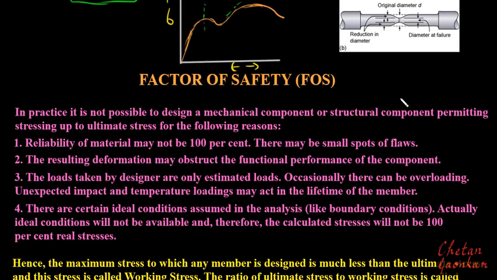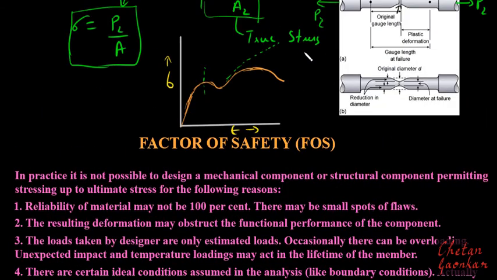Now we know that this material will start yielding at this point, which is approximately say 250 MPa. It is approximately 250 MPa for, say, steel. If we take the example of mild steel, this yield strength or yield point will be at around 250 MPa. Whereas the ultimate strength of steel is say around 380 megapascals.